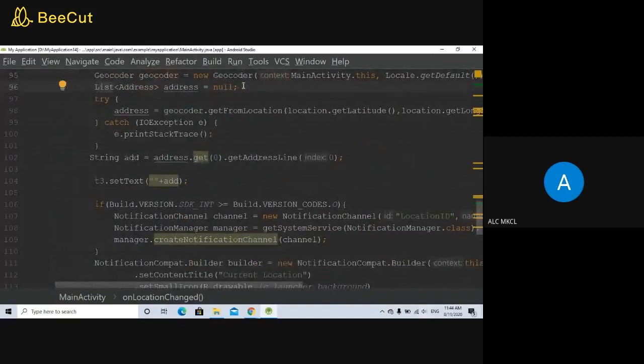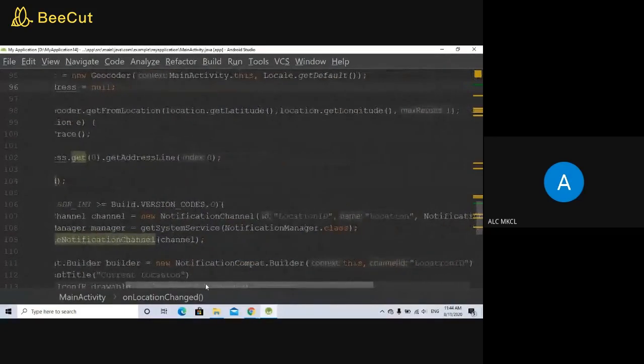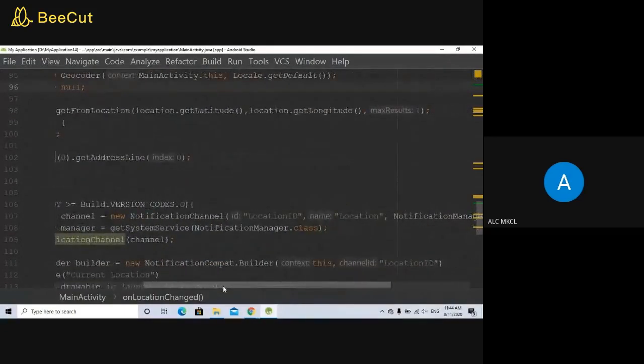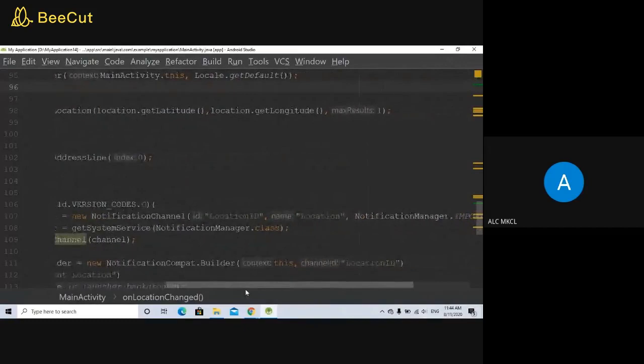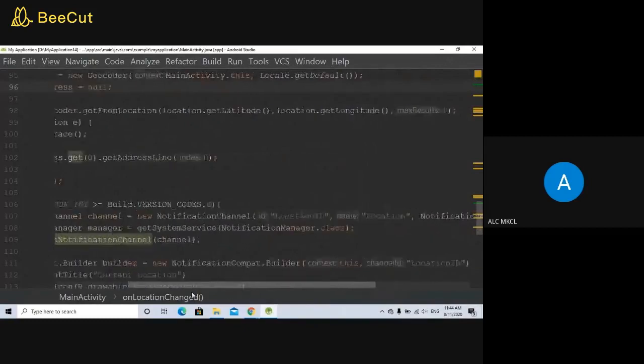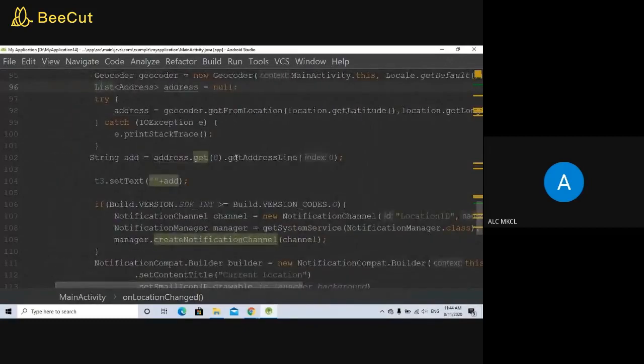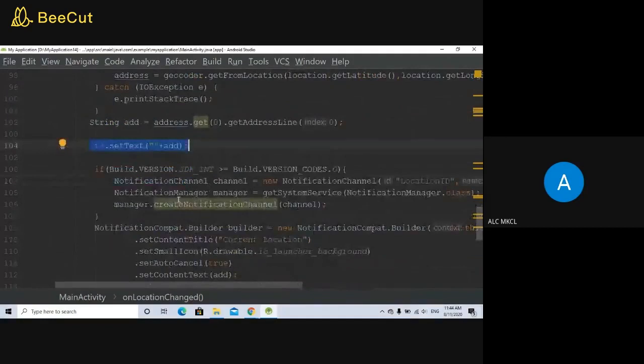And you need to define a list because you are going to get multiple addresses. So how to define the address? The address is equal to geocoder.getFromLocation with location.getLatitude and location.getLongitude, with maximum results equal to 1. Pass this address to a string with the first line and display this with t3.setText.